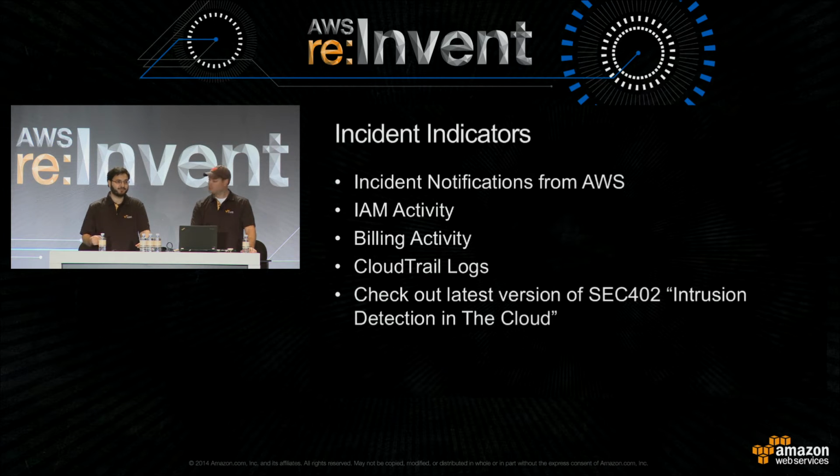So please ensure that we have updated security contact information, which you can find in your account settings, and actually read those notifications. Similarly, you may be notified if we see one of your EC2 instances behaving in ways that you might not want it to. And then, of course, if you were to notice a credential or an identity in your account that you don't have a reason to be there, if you were to notice the use of resources that wasn't expected, or if you're actually reading your logs and you see things in the logs that you didn't expect, that's an indicator that you might want to dig deeper.